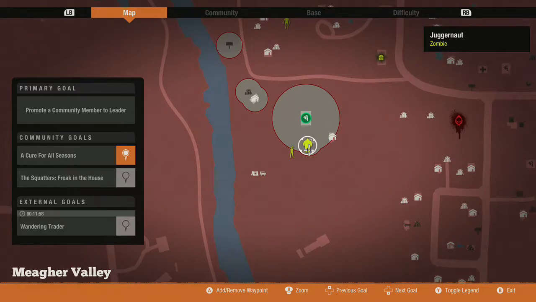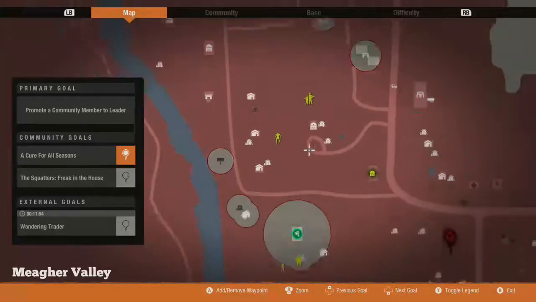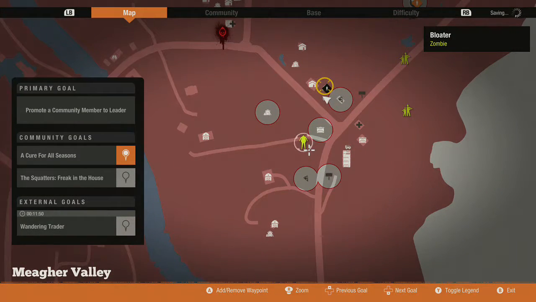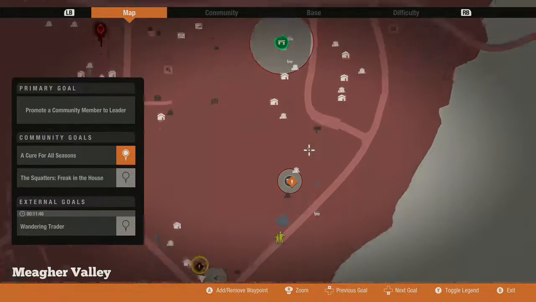So this area has a Juggernaut, a Screamer, a Feral, a Horde. Right around me has a Bloater, which is already on the ground because it hasn't moved yet, and 2 Hordes, so...